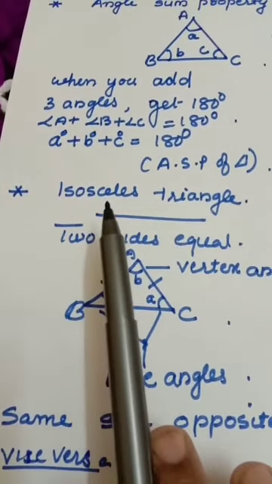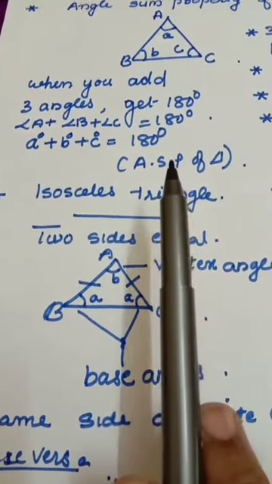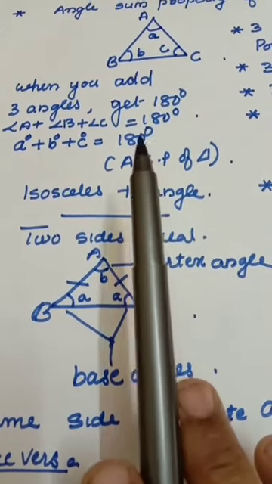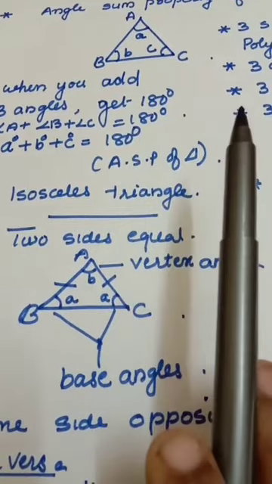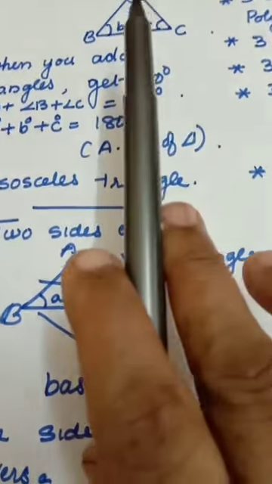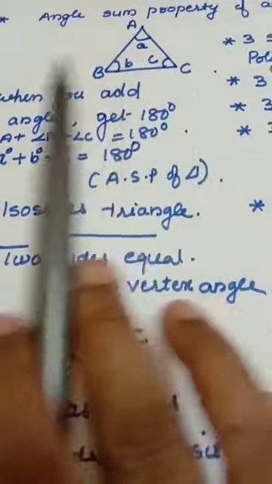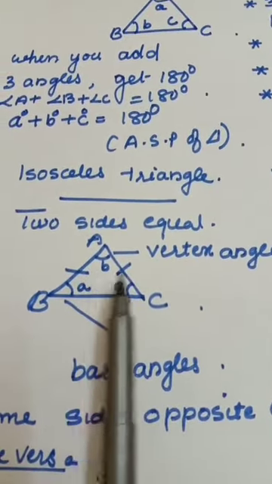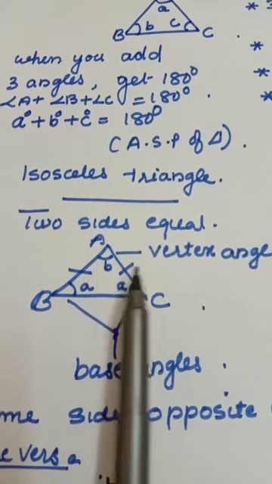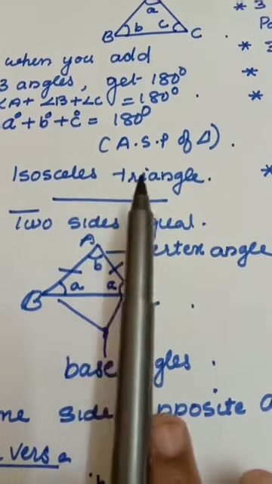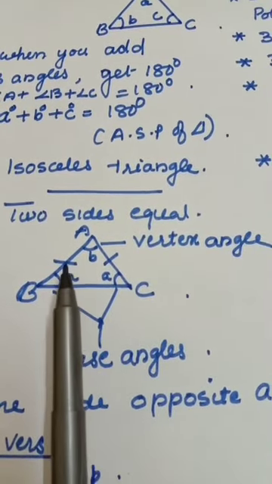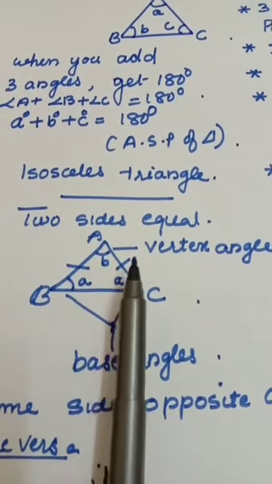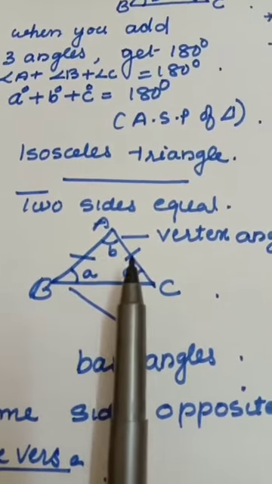Now the next concept is isosceles triangle. Three types of triangle you know: scalene triangle, isosceles triangle, right angled triangle. Scalene triangle means all three sides different. Three different sides. Isosceles means two sides are equal. One triangle with two sides equal, that triangle we call isosceles triangle. Equal sign is one cut; here two cuts you can also give. Cutting means equal. These two sides are equal.